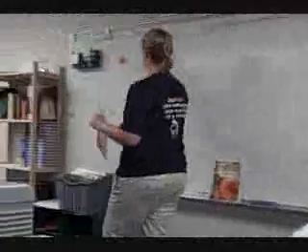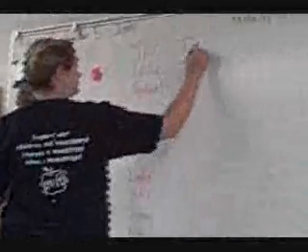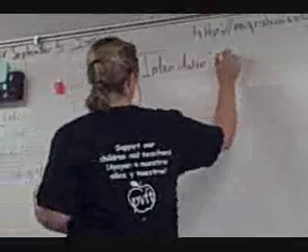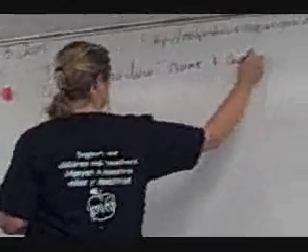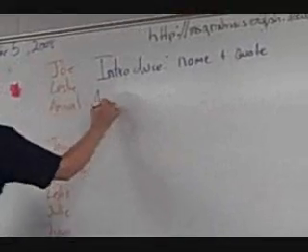Alright, the next one is introduce. So can you see me over here? So introduce. Introduce is the name plus the quote. So your name goes first and your quote goes second. So here's the first example. According to